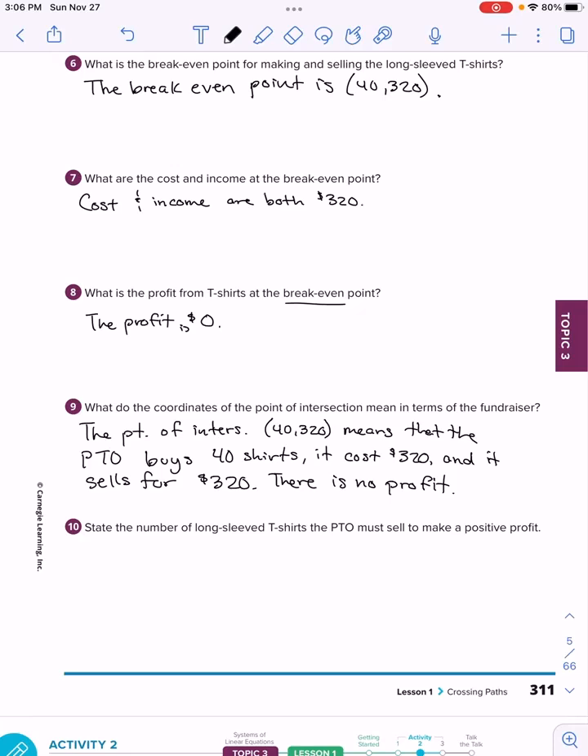State the number of long sleeve t-shirts that PTO must sell to make a positive profit. They need to start making money. So if 40 t-shirts produces a profit of $0, then the PTO must sell anything above 40. We'll say the PTO must sell at least, since it's 40 for it to break even, just one more, 41 t-shirts